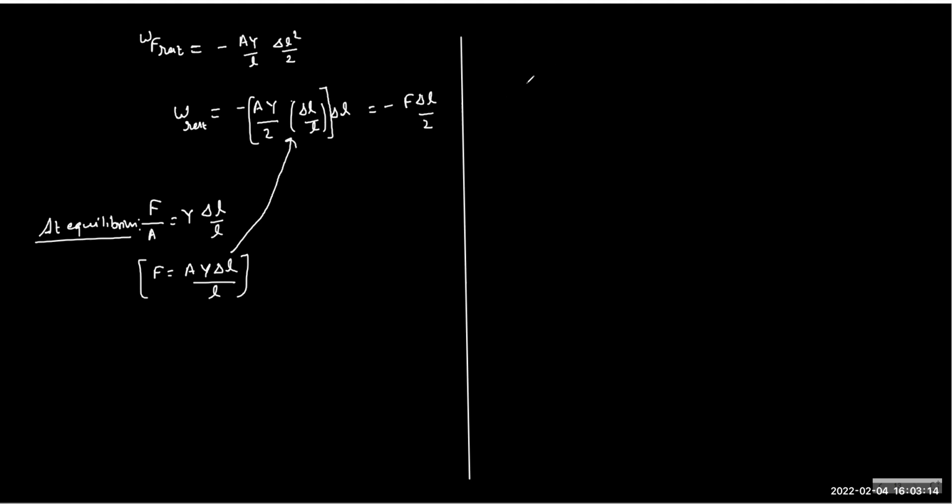So let's write the potential energy part. The potential energy we got as F delta L by 2, or half F delta L. There are many ways of writing it, which we'll see. And delta V is the potential energy stored, so we just call it U. The initial we will take as 0. And this we can modify as F by A, this we can write as delta L by L, and I can multiply with A into L, so it remains the same. Now by definition,